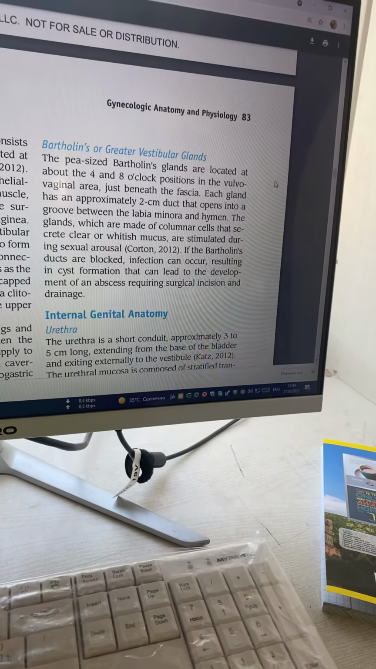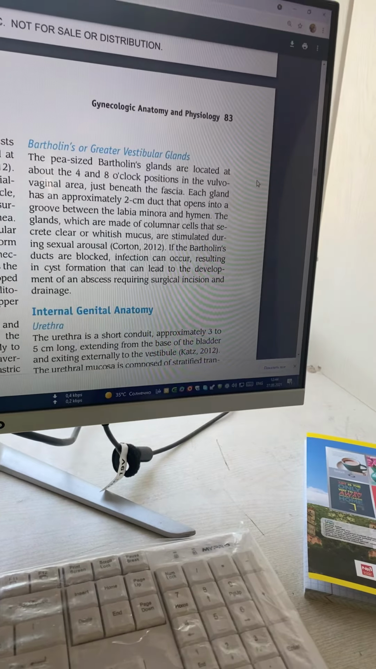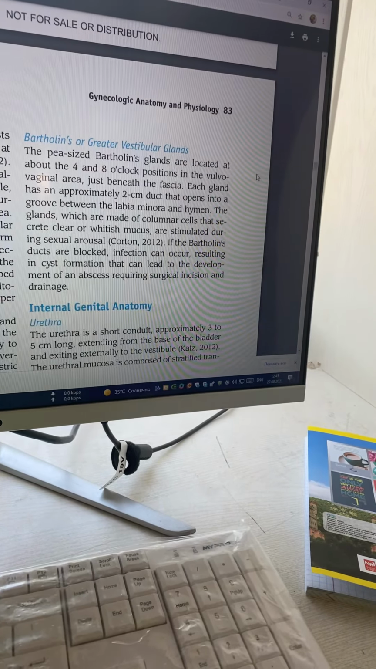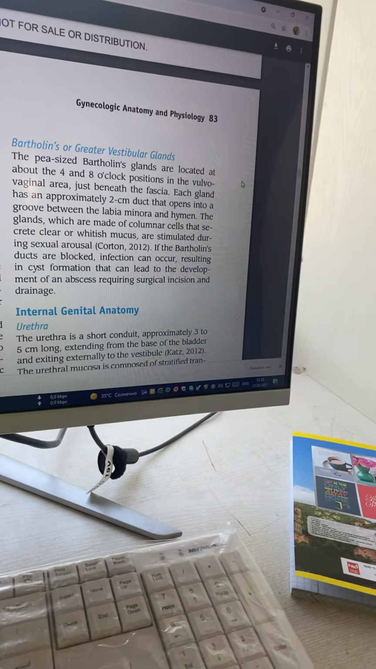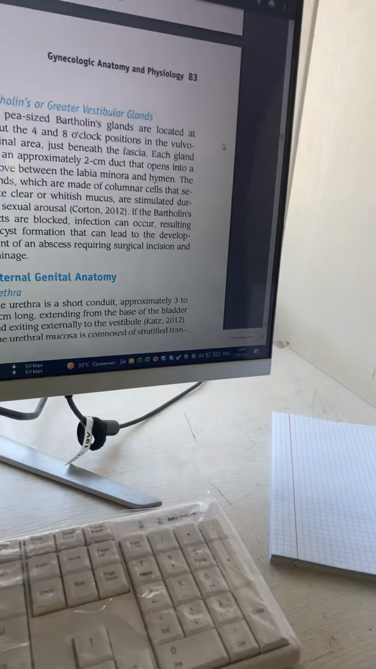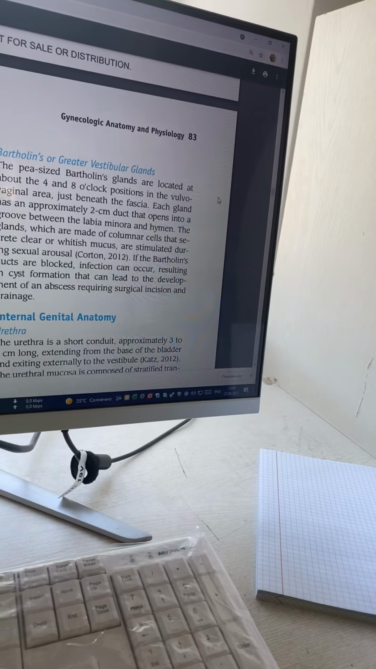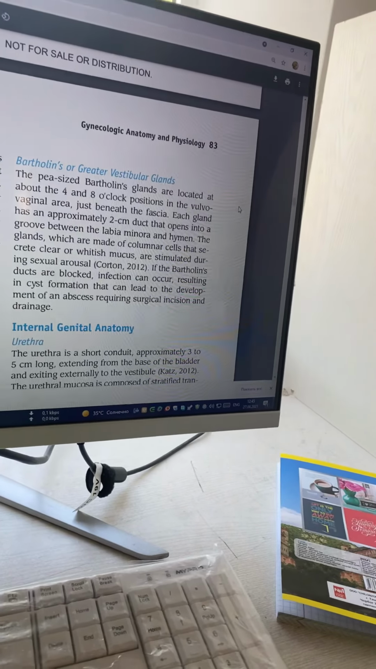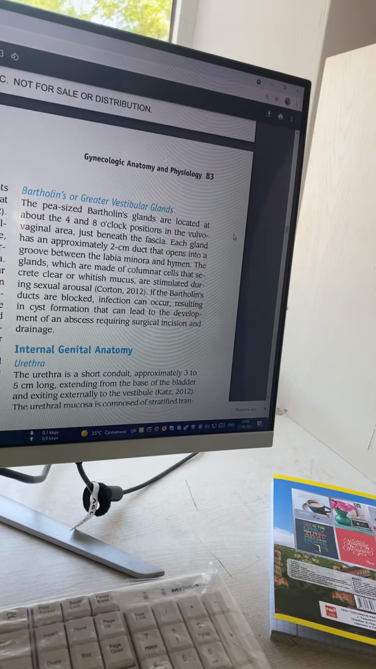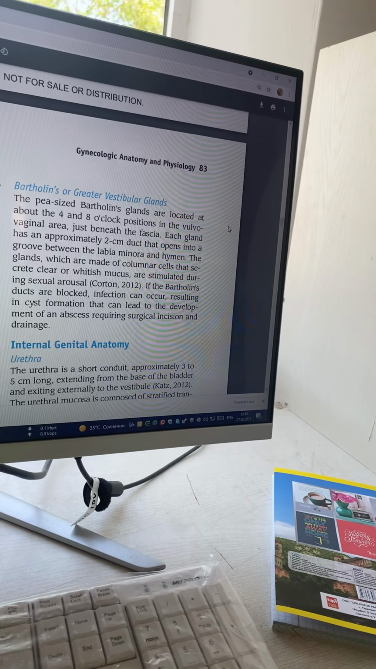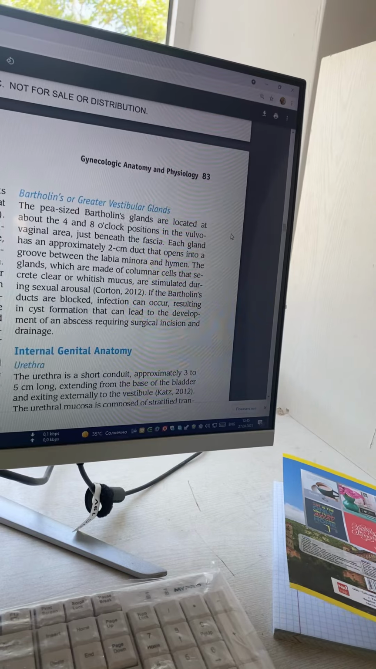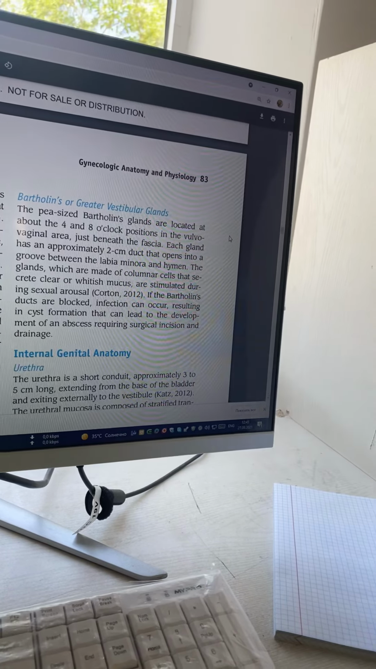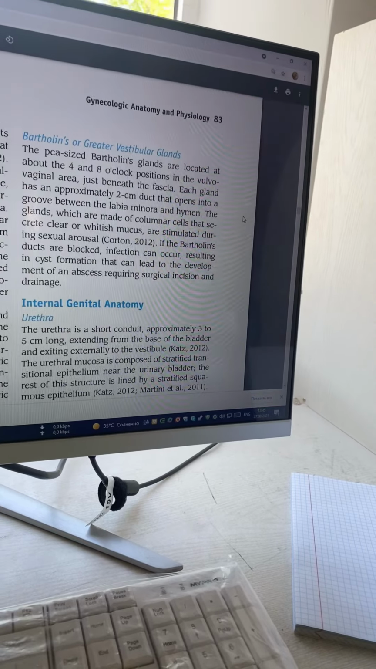Bartholin's and greater vestibular glands. The pea-sized Bartholin's glands are located at about the 4 and 8 o'clock position in the vaginal area just beneath the fascia. Each gland has an approximately 2 centimeter duct that opens into a groove between the labia minora and hymen. The glands, which are made of columnar cells that secrete clear whitish mucus, are stimulated during